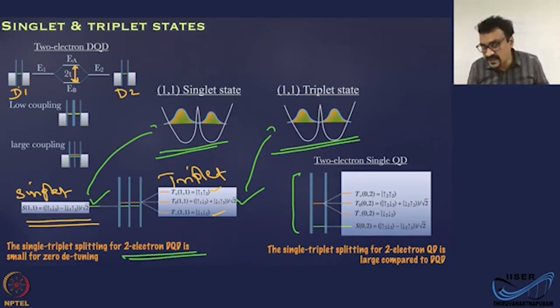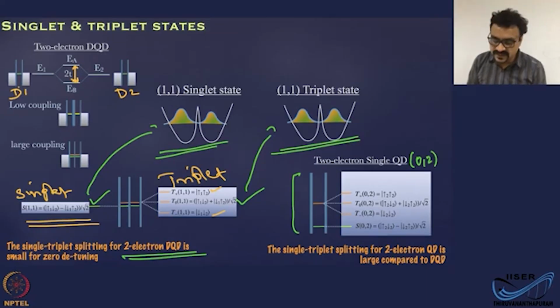Second case is 0-2. That means again you have 2 electrons in the system, but both of those electrons are in the same dot. That is the dot 2. In this case you can also have dot 1. The discussion is invariant whether we have 2 electrons in one dot, the right dot or the left dot. When you have 2 electrons in the same dot, let me say that configuration as 0-2,